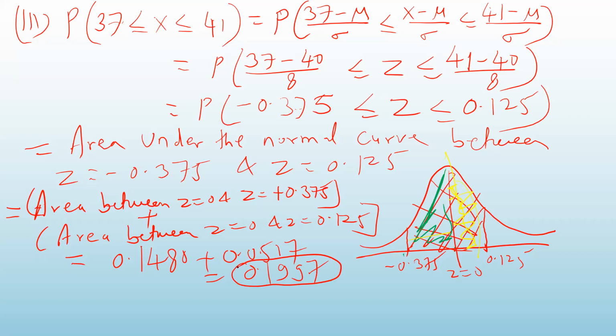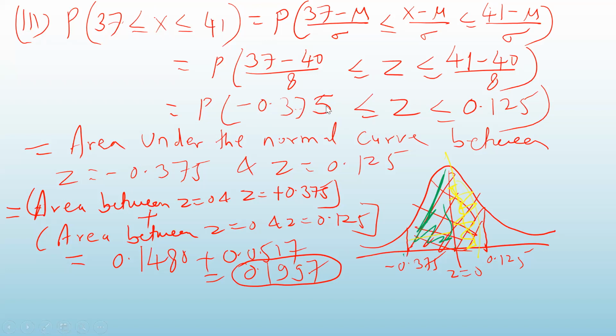So we have seen today how to use the properties of the normal distribution to solve our problem. The very important thing is what? Convert x into z, the very first step. How are we going to convert? By the transformation (x minus mu) upon sigma. Mu is the mean, sigma is the standard deviation. So you will be given the mean and the standard deviation in the problem. That is what I have done. So finally x is converted into z and you get this.